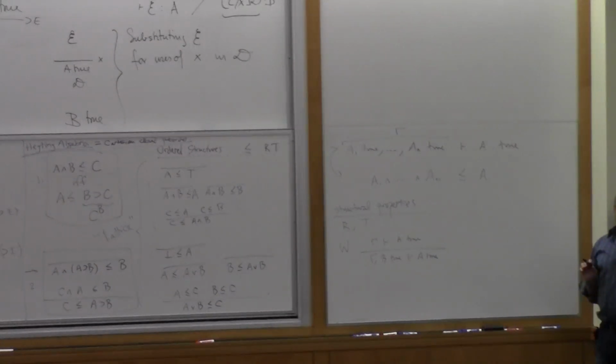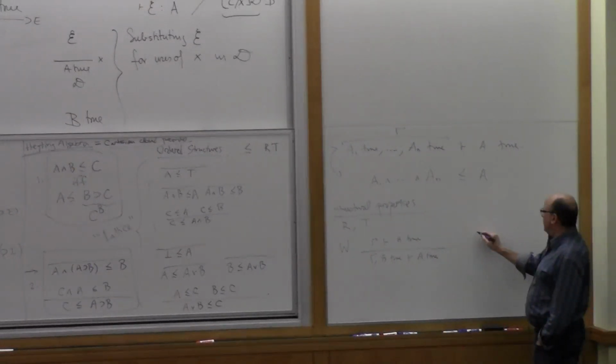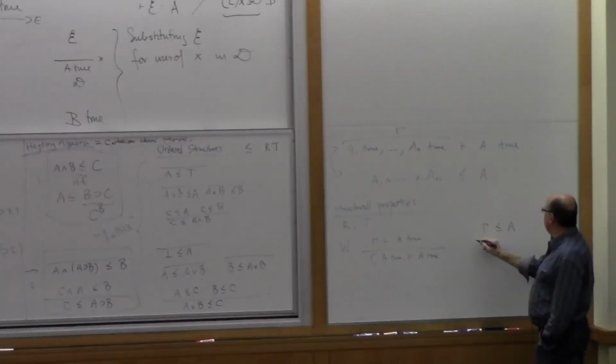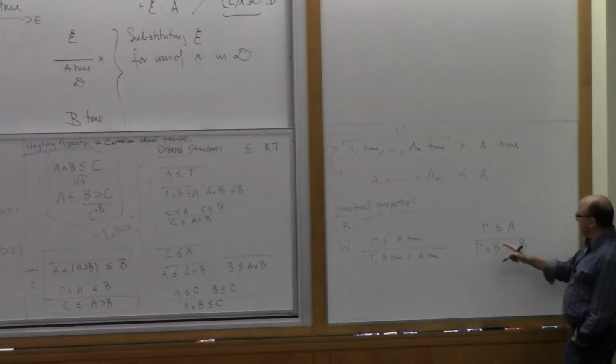Okay, that's called the principle of weakening. So that's the idea. In terms of a preorder, let's look at what's going on. That's saying if gamma is less than or equal to A, then gamma and B is less than or equal to A. Well, for sure, because